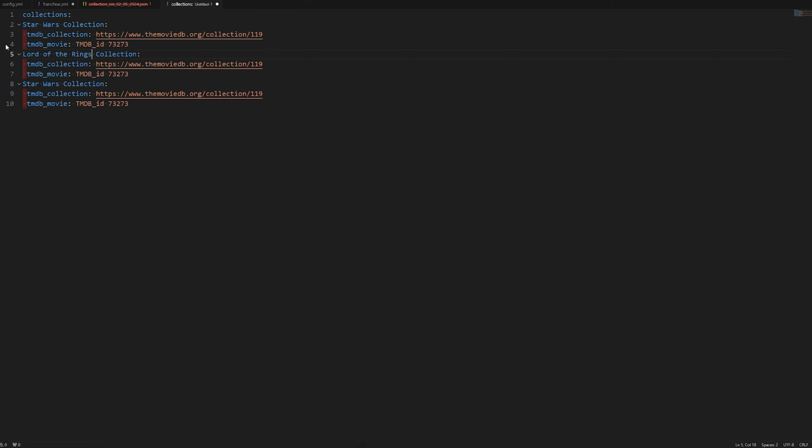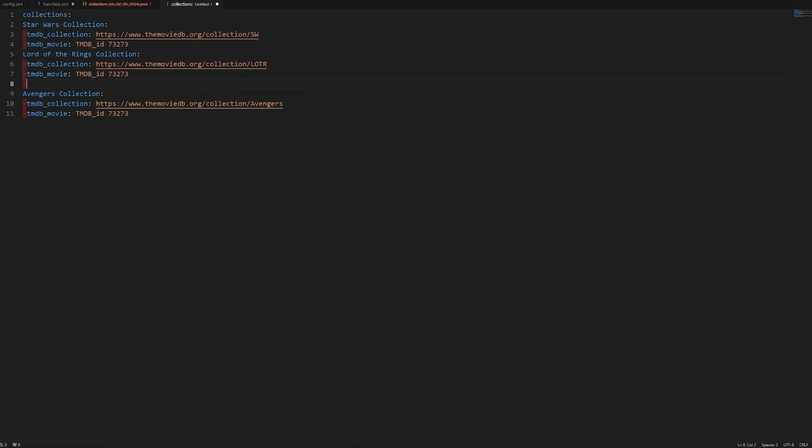Lord of the Rings collection, right? And we can define, so this is the Lord of the Rings collection link, but let's just say Star Wars, we'll just call this collection Star Wars, collection Lord of the Rings, and then we'll call this the Avengers collection. And we can definitely make collections like this that would automatically grab certain movies, certain collections, and